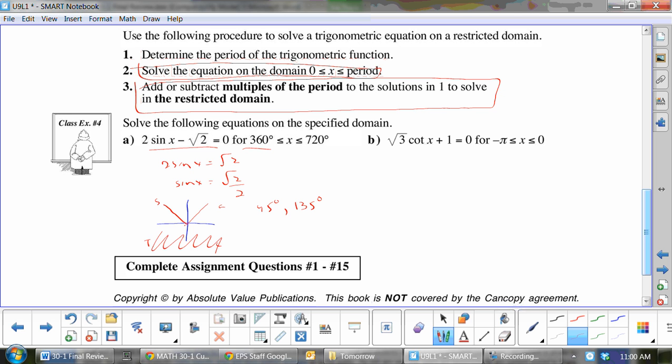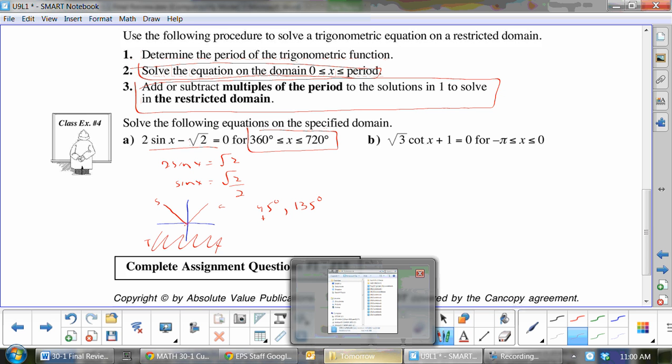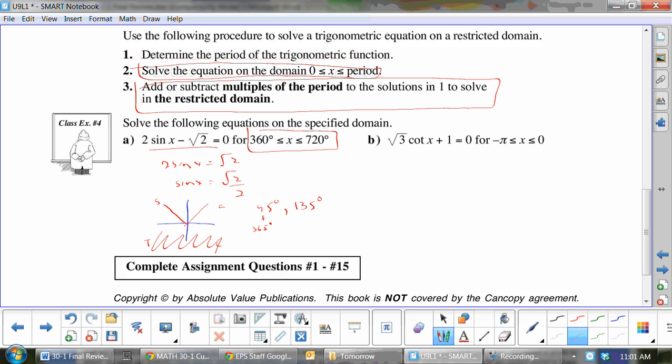135 degrees. Now, look. It said I want you to give me all the answers in here and here. So this one is not big enough. What we need to do is come around again, and do you see it'll be in there? So if you add 360 to this, because that is one time around, remember, plus 2 pi or plus 360. If you add 360,